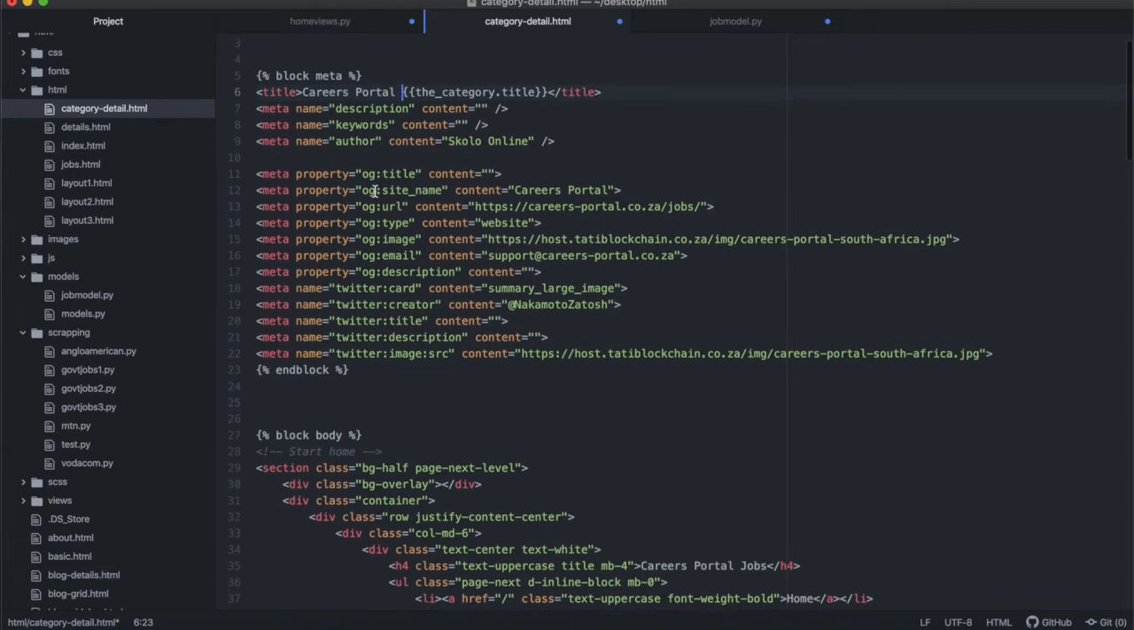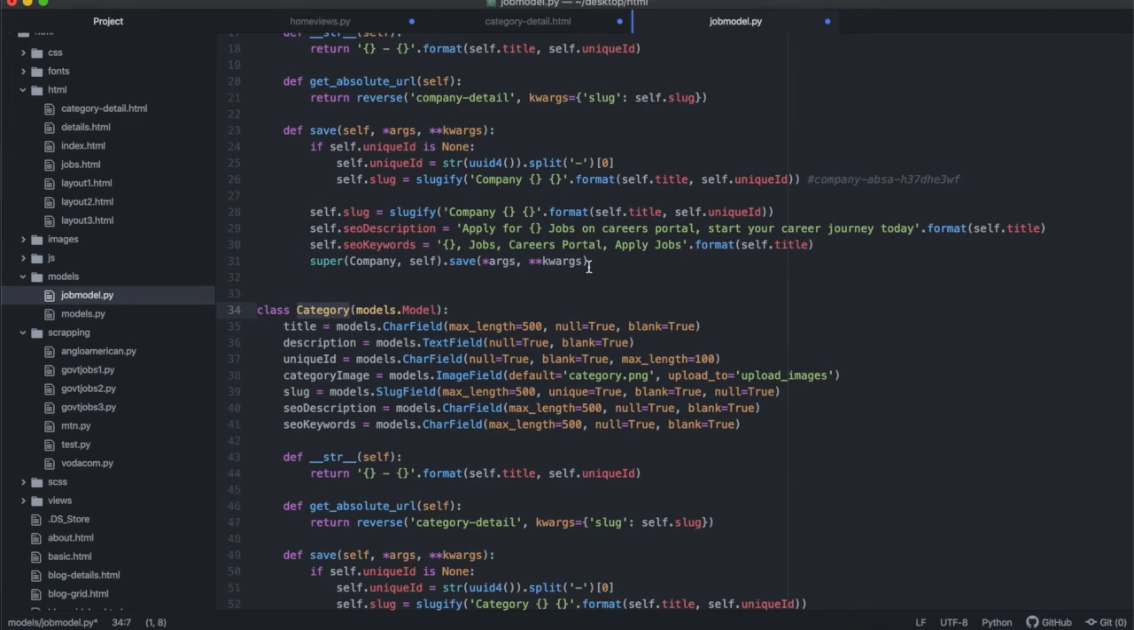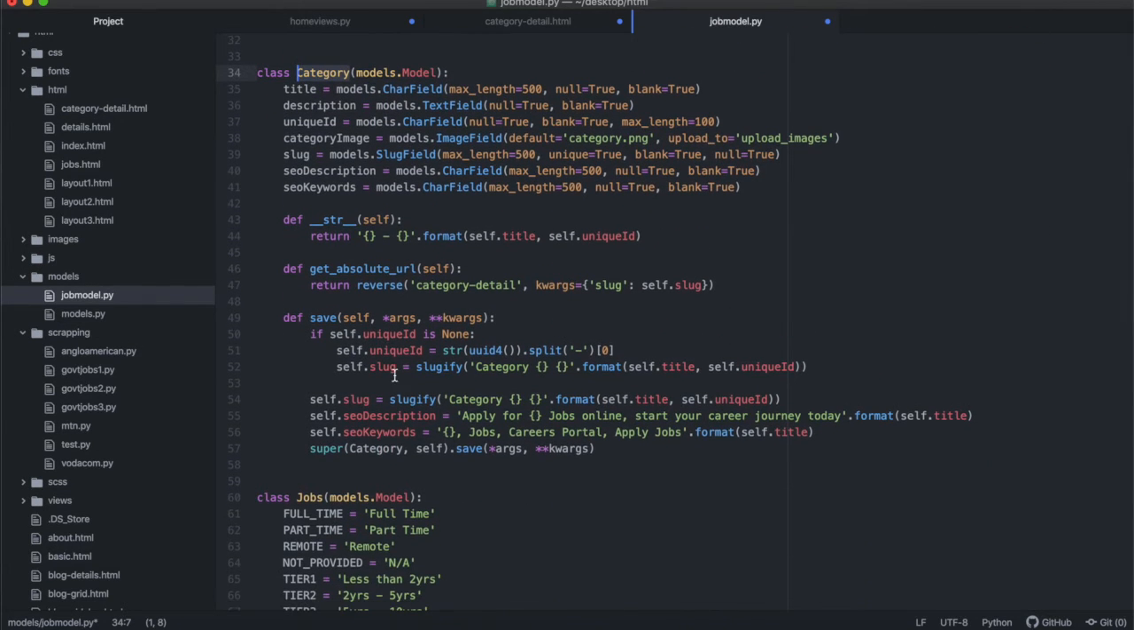And the description over there, remember, this is why we did this. Inside of our details class, we built this SEO description and SEO keywords, all right? And we didn't actually enter it manually ourselves, if you remember. We are creating it using the save method. When we save this class, it's going to recalculate every time the slug, the SEO description, and the SEO keywords. And it's going to use these words we've given it. Apply for what jobs online, start your career journey today. And it's going to enter